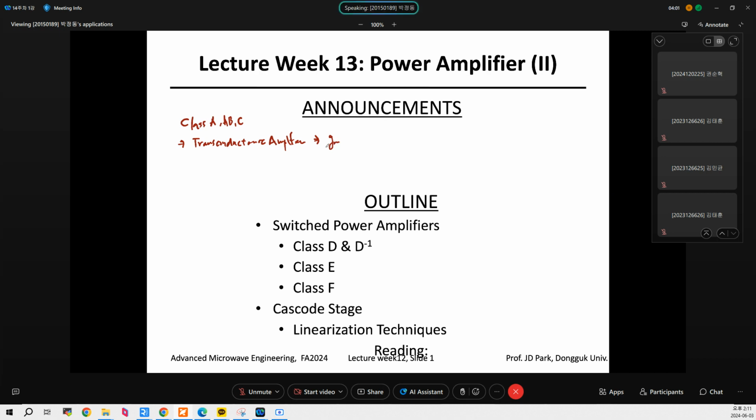So it is just the effective GM is only a function of just